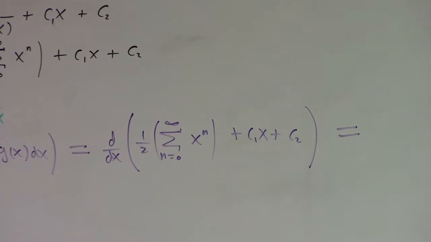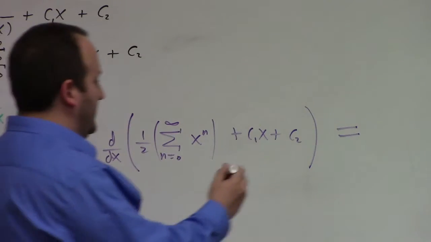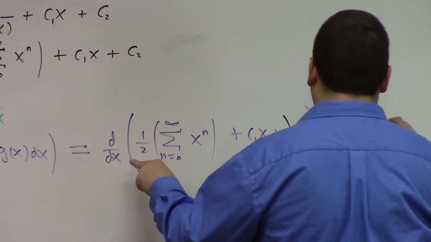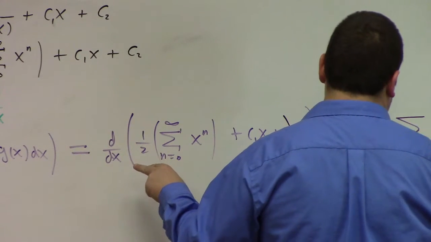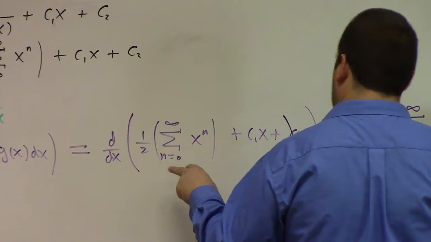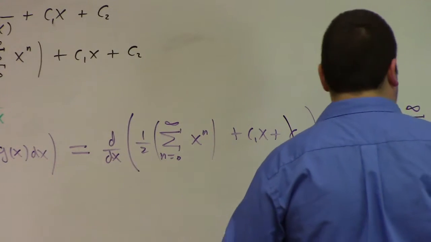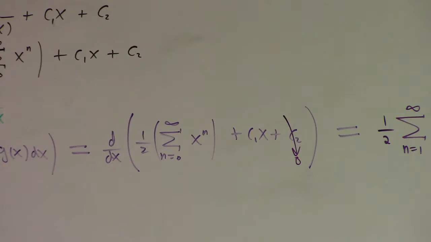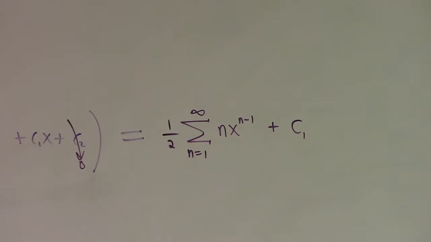Now, already the c2 is gone, right? c2 is gone. Derivative of c2 is 0. So this is gone. If I hadn't added it in the first place, it wouldn't have got us into trouble, would it? But on the other hand, we have 1/2 the sum n equals 1 to infinity n times x to the n minus 1, plus c1. My heart is not in writing that c1 because I know it's just going to die in the next step. Right? So we're not back to f of x yet, are we? But notice that if I do this again,